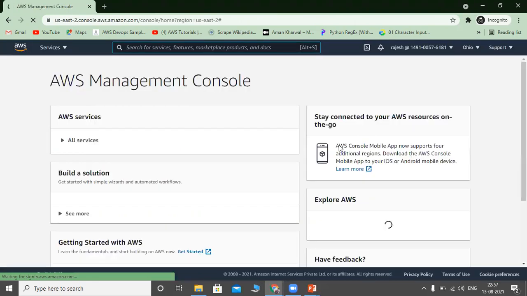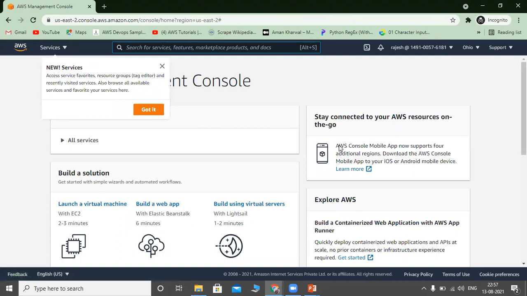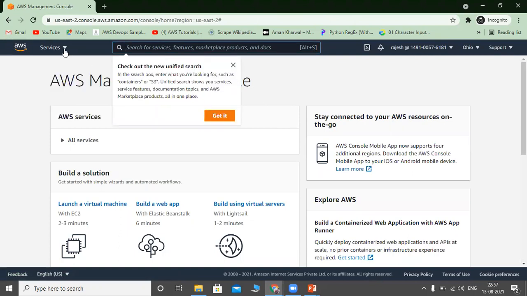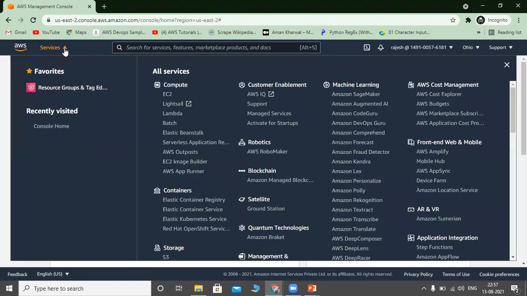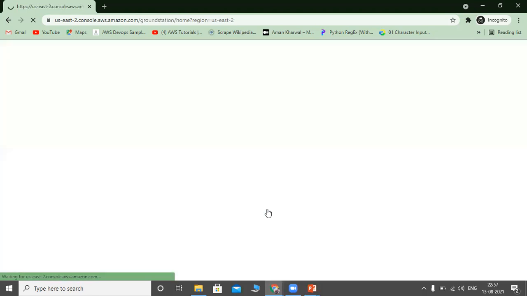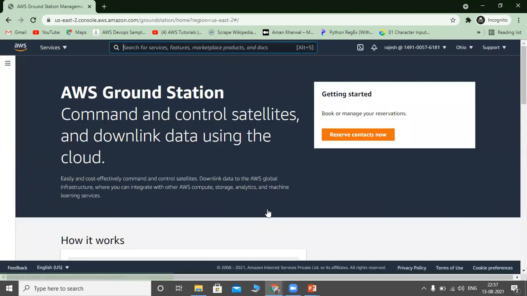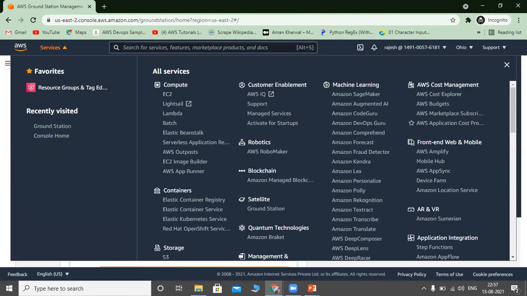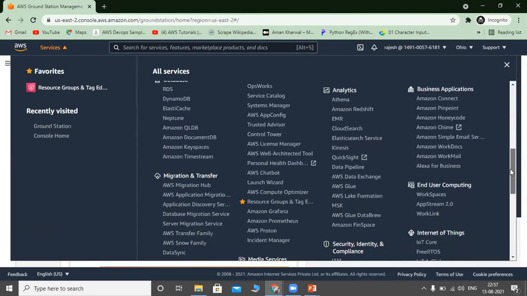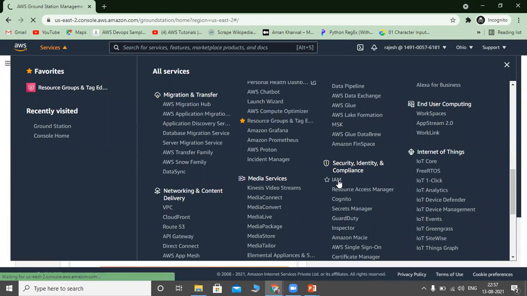So now there is authorization. This user has access only to S3 service and EC2 service. If you click anything other than EC2 and S3, options will be grayed out. Let's say I will select CloudStation, and let's say IAM. Let us choose IAM only here. Security, identity, compliance, IAM. I will go to IAM. This user does not have IAM access, so the option will be grayed out. Let us observe that one.